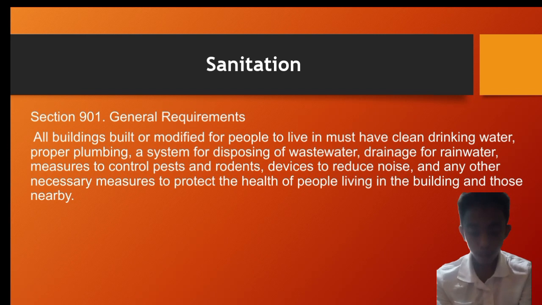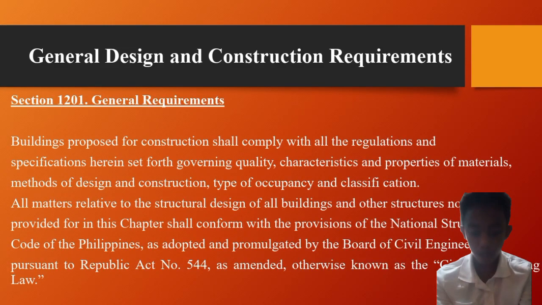Section 901 of the laws requires establishments to have proper sanitation and hygiene practice. This is to promote public health and safety. It applies to all kinds of establishments from restaurant to hospital. Failure to comply may result in legal penalties such as closure or fines. The goal is to prevent the spread of disease and maintain a clean environment.